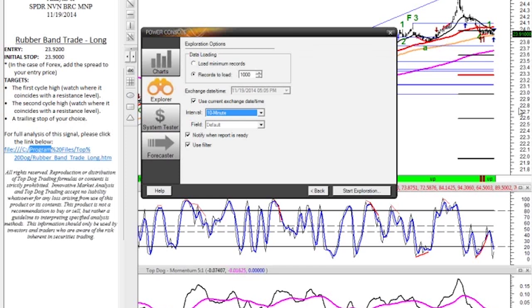A question from Dennis. Savina says, can I use Metastock with multiple monitors? Yes, you can. I have 2 running right now. The setup that's showing right now on the Expert Advisor, the last one, is a rubber band trade long. It's the one that I did the scan for, but if you open up your commentary, it's going to tell you exactly what setup is showing, rubber band trade long. It'll give you your entry and your initial stop for it.